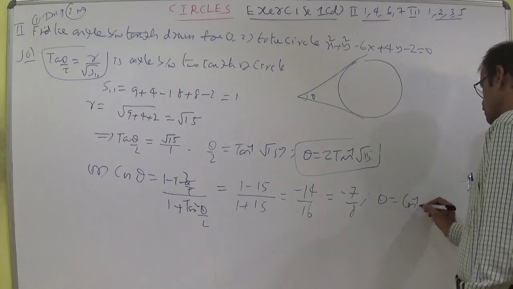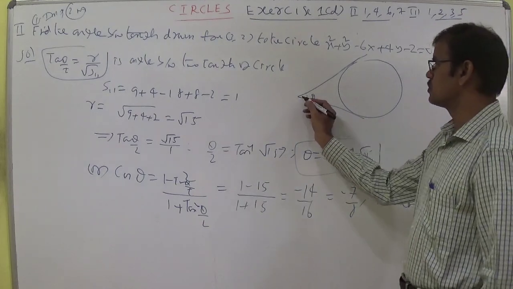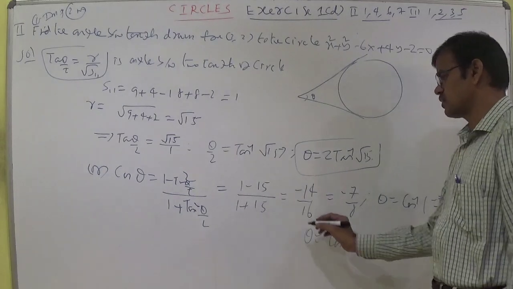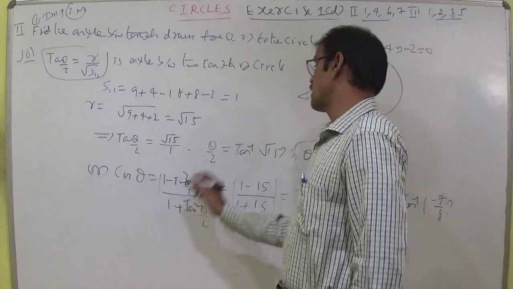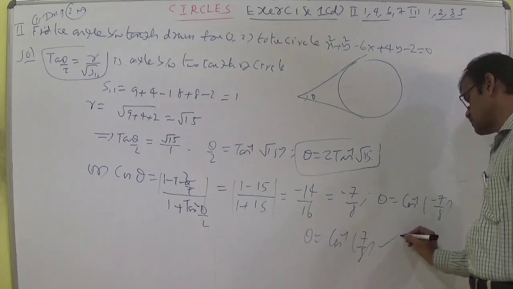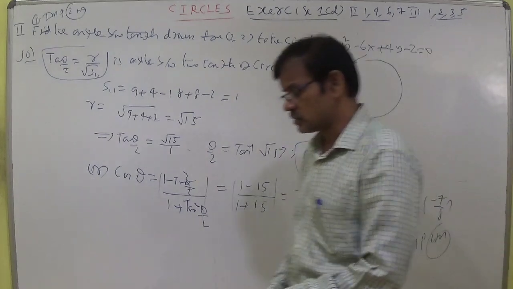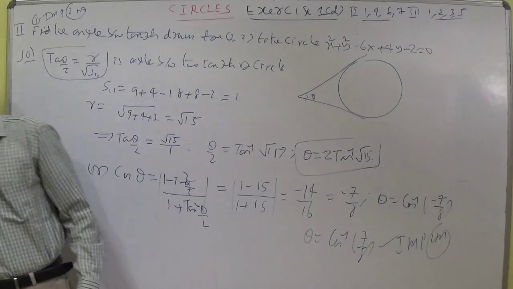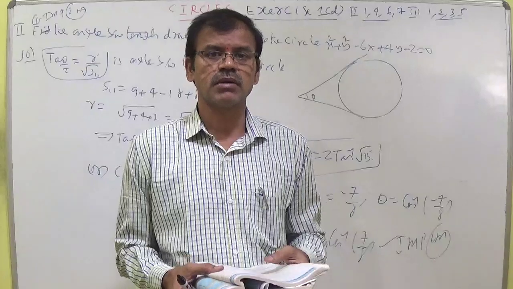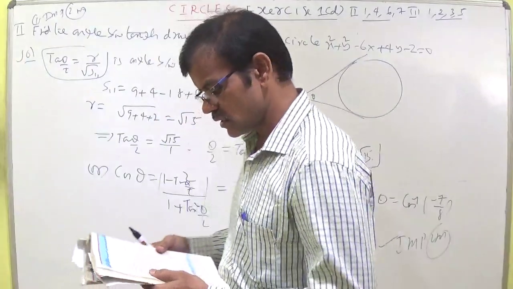So theta is equal to cos inverse of minus 7 by 8. Because the angle is acute, better to take the mod, so theta is equal to cos inverse 7 by 8. You read this. This is an IMP 2 marks question, as a cos inverse answer, and in objective bits also. If sine terms are given in the objective, you should write the formula sin theta is equal to 2 tan theta by 2 by 1 plus tan square theta by 2. Now using this one, you do the second and third questions.